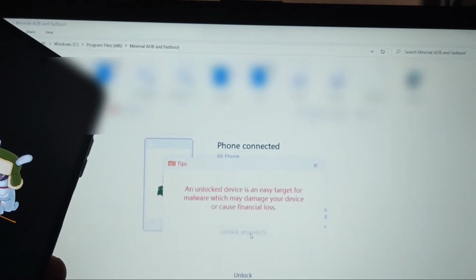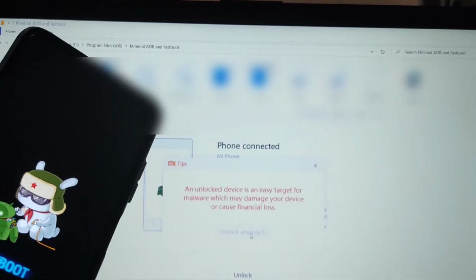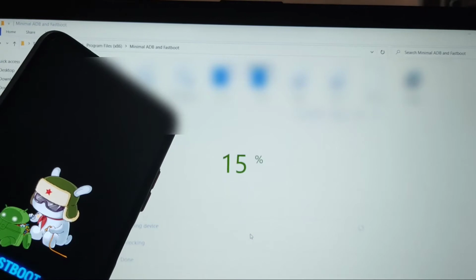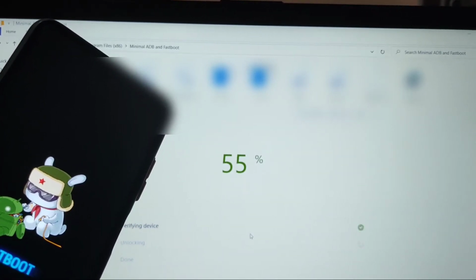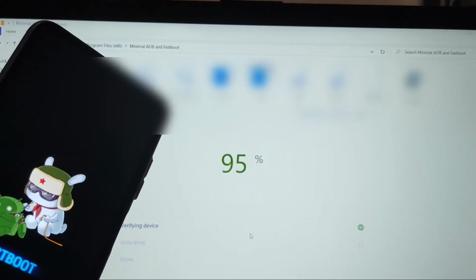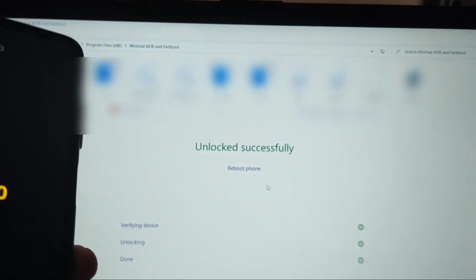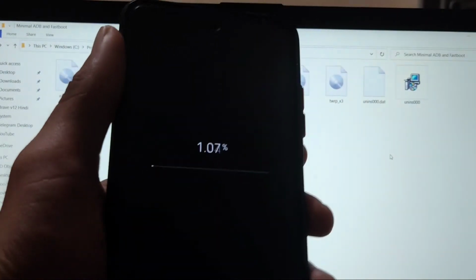As you can see, unlock anyway. Just wait for 5 seconds once again and then click on unlock anyway once again, and here it is, the timer started. In my case, as I previously told you, I have already passed the full time. That's not bypassed, that's passed. And okay, here it is. As you can see, unlocked successfully. Here you can see the Poco logo, and yes, we have rebooted. My device is finally unlocked, and now I'm going to install a custom recovery.